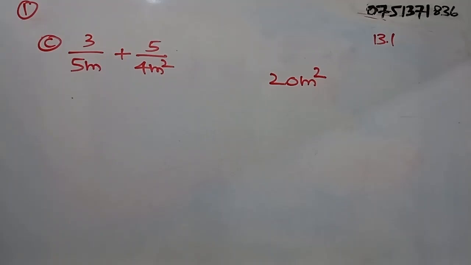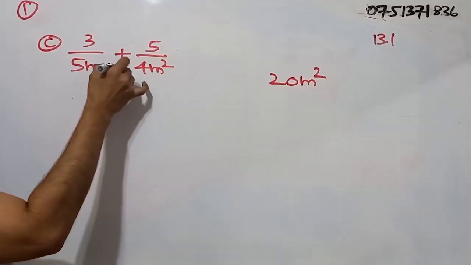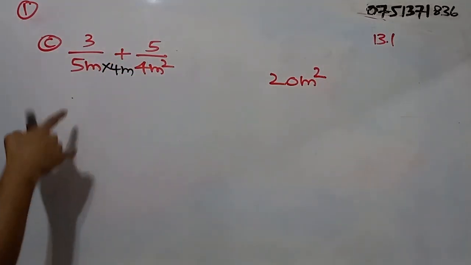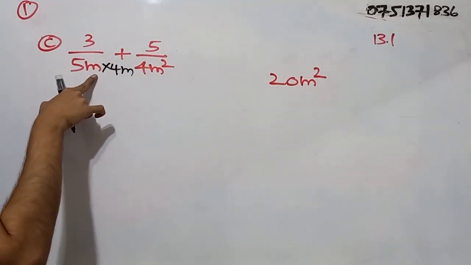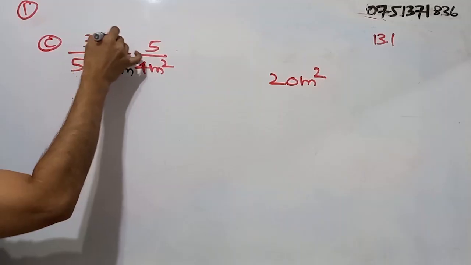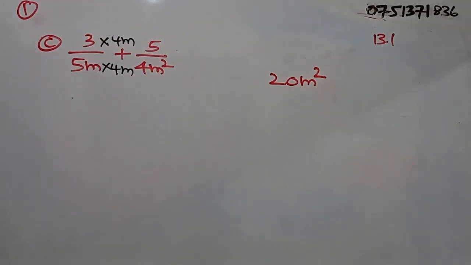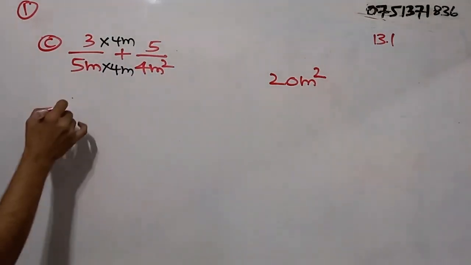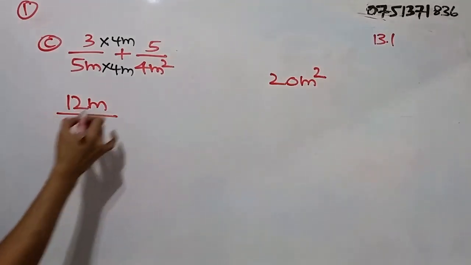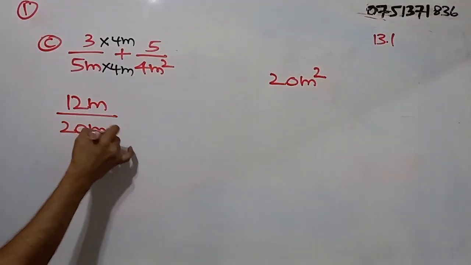So what should we multiply it with? We have to multiply it with what? 4m. Since we are multiplying the denominator by 4m, we have to multiply the numerator by 4m as well. So what will be the outcome? 12m divided by 20m square